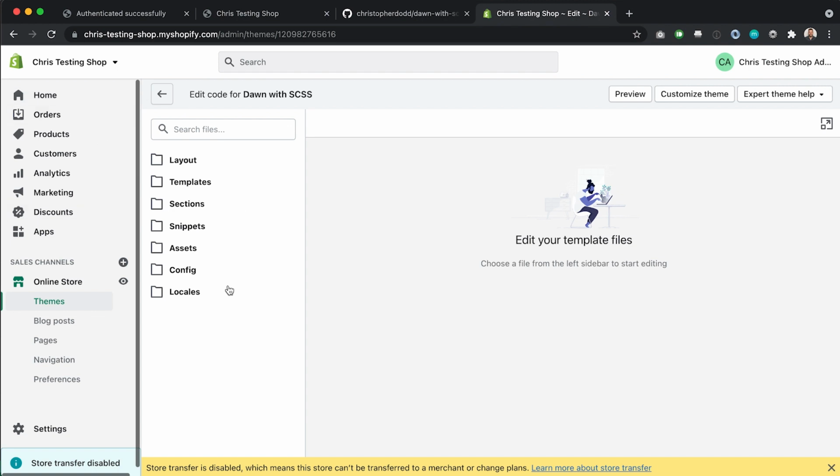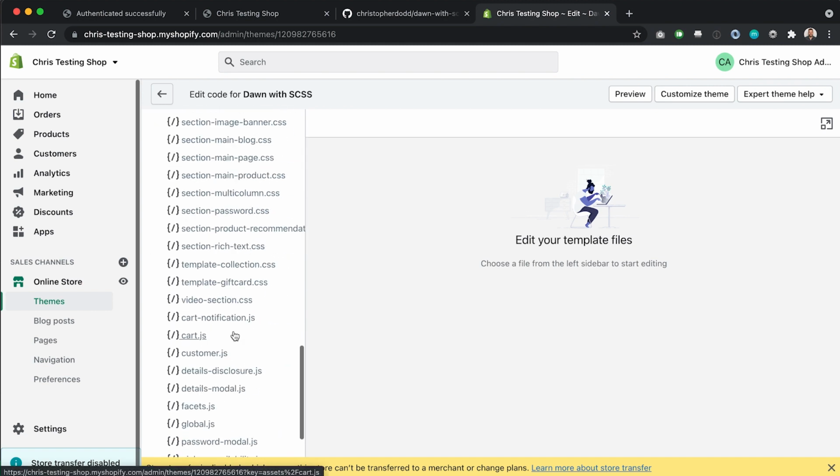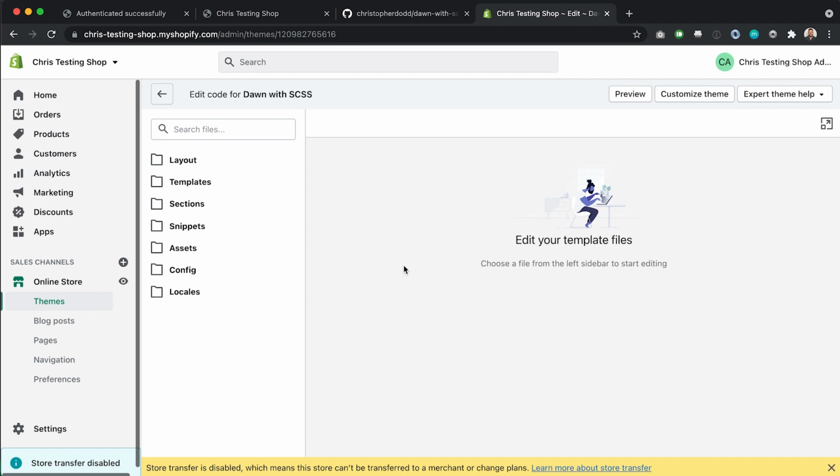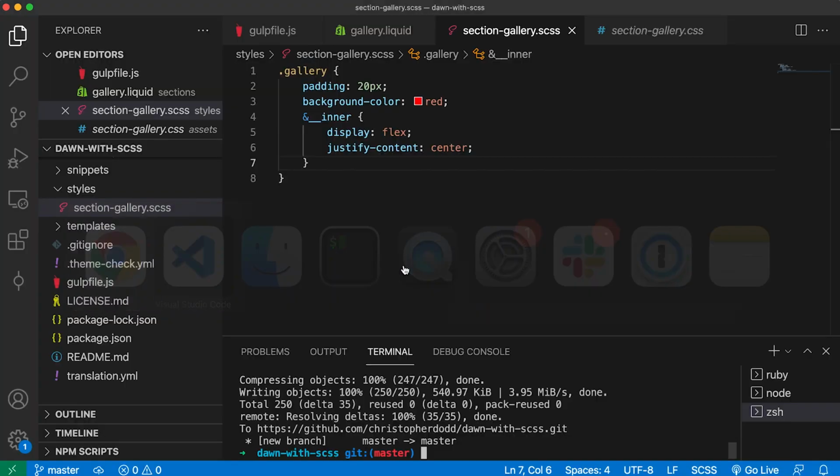So as long as we make sure to commit the SCSS file as well as the CSS file while we are doing our development, then all the changes that we made will go in one of these CSS files and then exist in the version on our theme library while still tracking the SCSS in GitHub and on our local computer. So just to demonstrate that real quickly, now that we're tracking our code with Git,